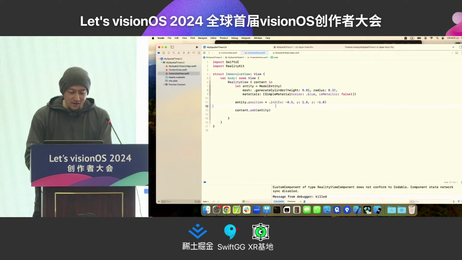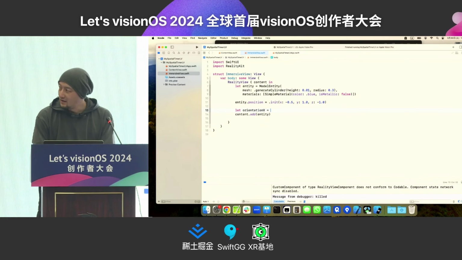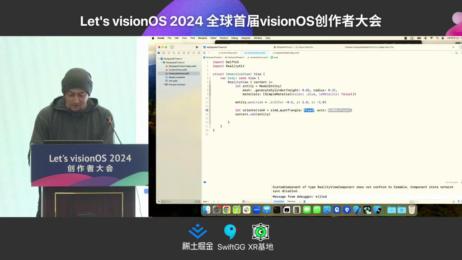And change the orientation. I use quaternion. The angle is pi divided by 2, and axis to the x.